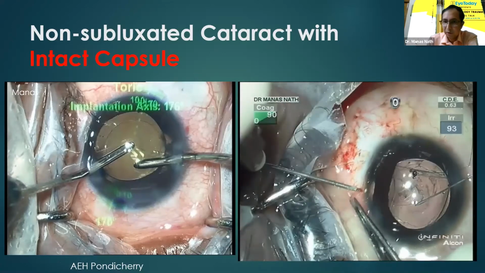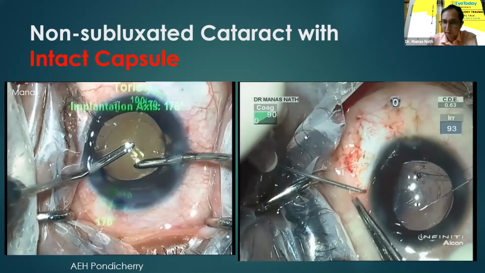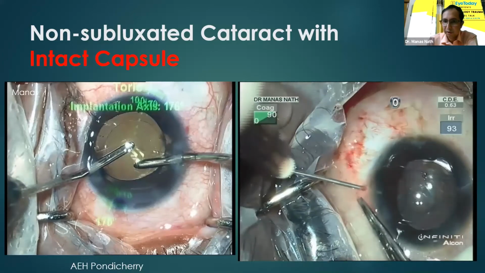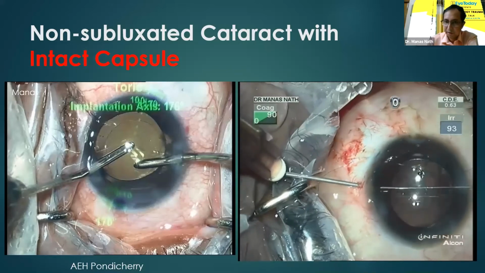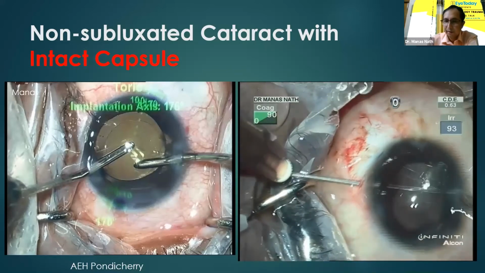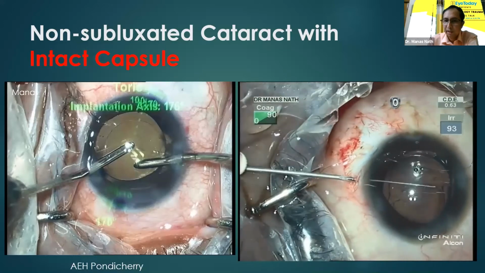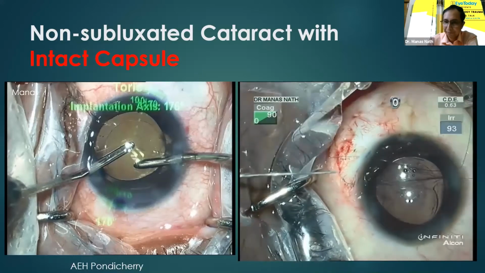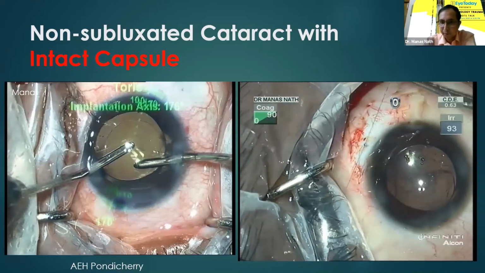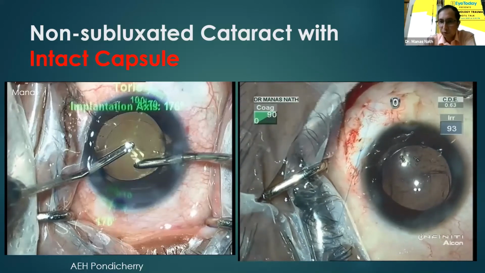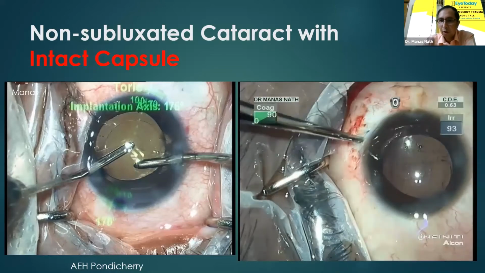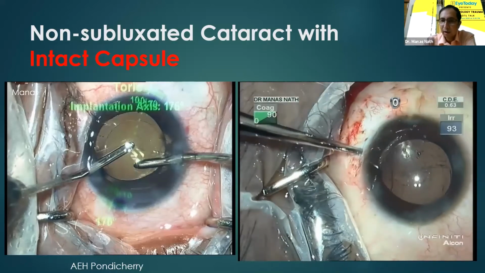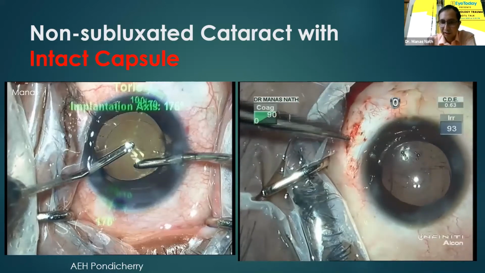Similarly, the other arm is also taken out by piercing the periphery of the iris. The pearl here is to pierce as peripherally as possible at the root of the iris to prevent the iris from peaking in the postoperative period. So after both the ends are out, tie the knot, and the knot can be buried in the sclera. One can even use a scleral flap to do this technique.